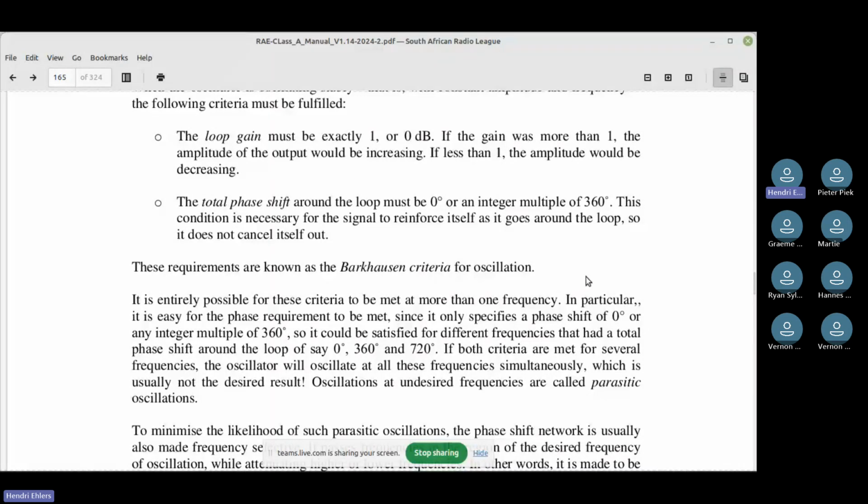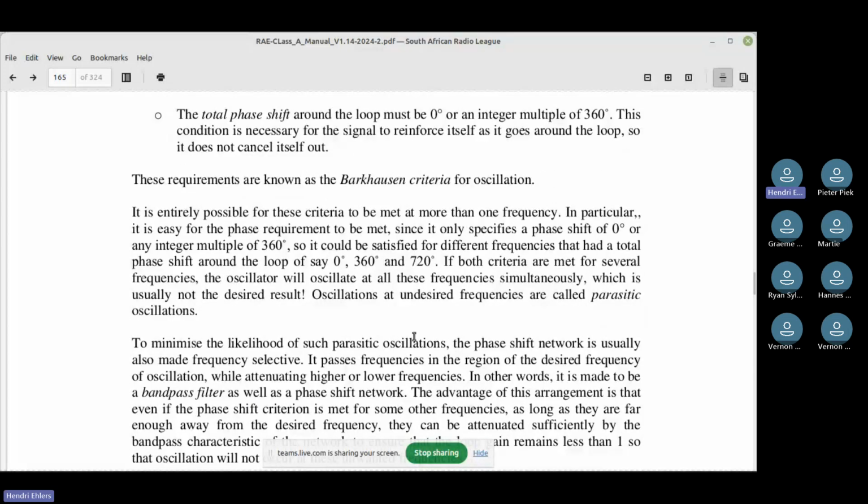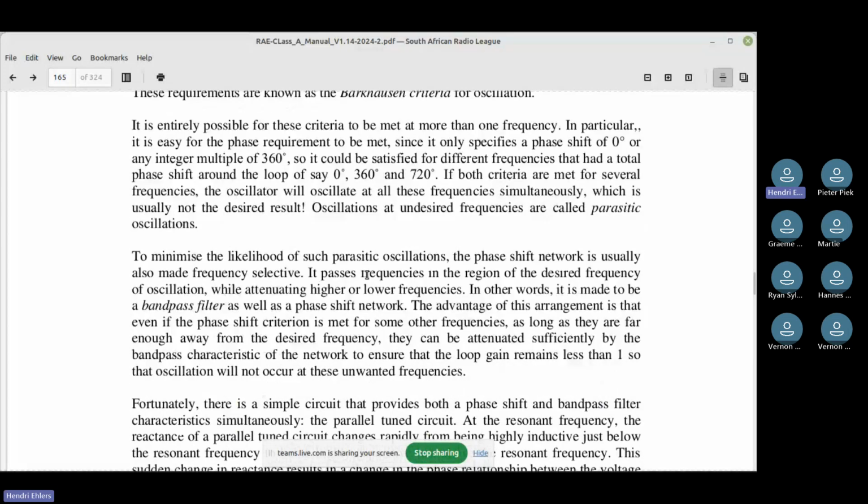So in other words, you can generate unwanted frequencies. They call it parasitic oscillation, and for that, you see here they say band pass filter to filter that out, and that is usually combined with your phase shift network.